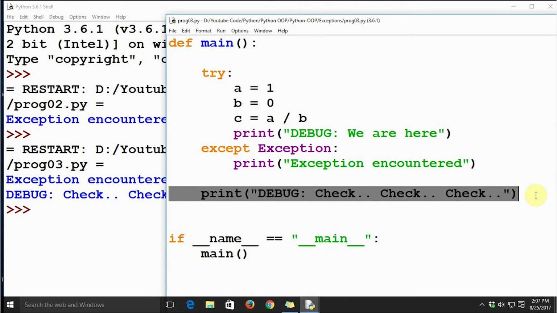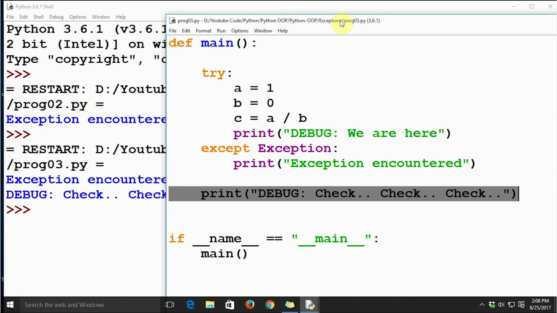If you transfer this statement into the try block, it will be executed only unless an exception is encountered. If an exception is encountered before the interpreter comes to this statement, then this statement is not going to be executed.